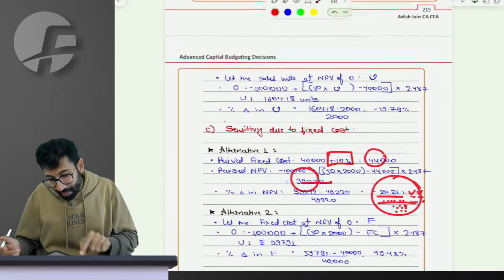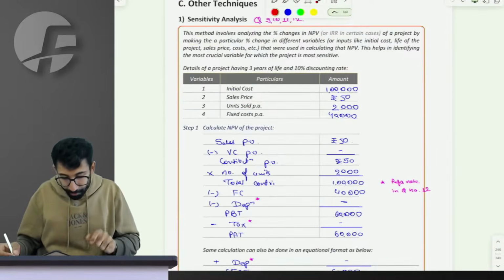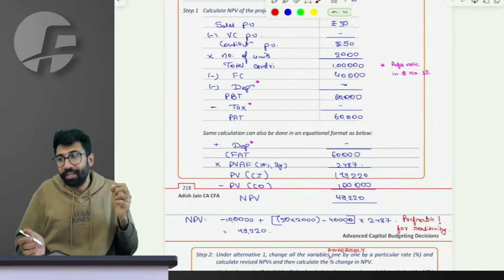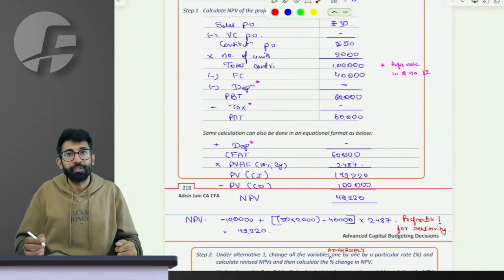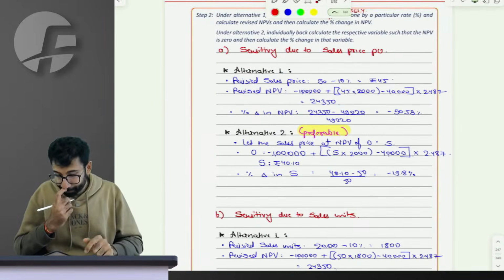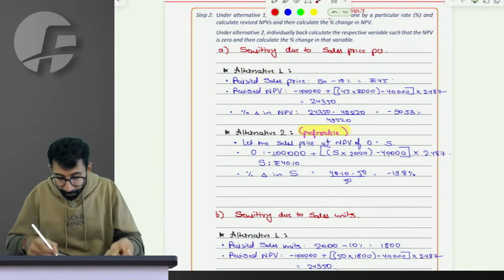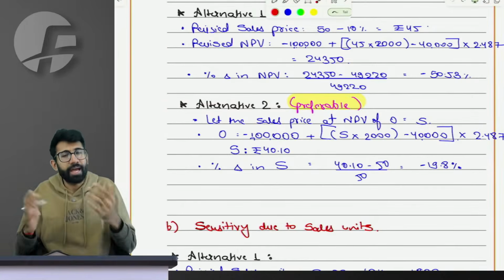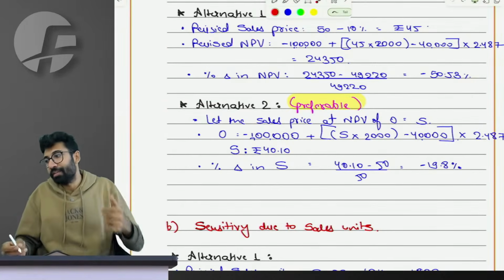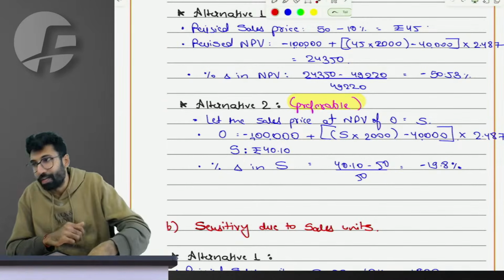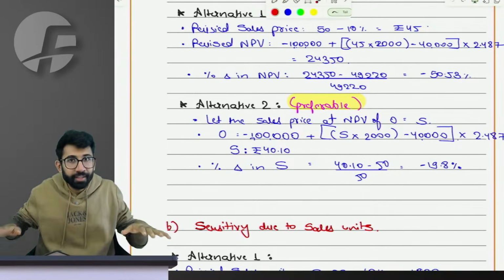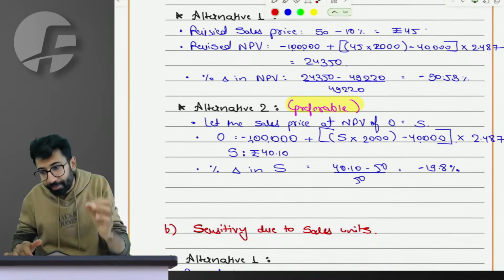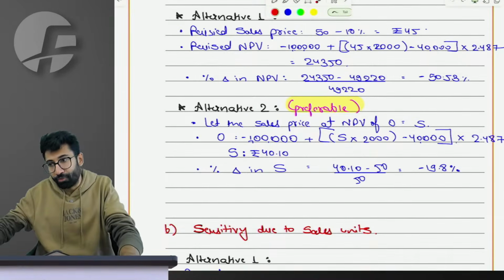Could you understand it? People in the class, requesting your responses. The question solving for sensitivity analysis, could I explain it to you all? I need a validation, everyone. This was alternative 1. But I am going to teach you alternative 2, which is preferable in the exam, which is more logical, right? Which is actually equally logical but preferable in the exam. Dhwani, Nishchal, are you all set? Other live people sitting in the class, are you all set with what you are learning? Alternative 2, let me explain. Just give me a second, let me have some water before.